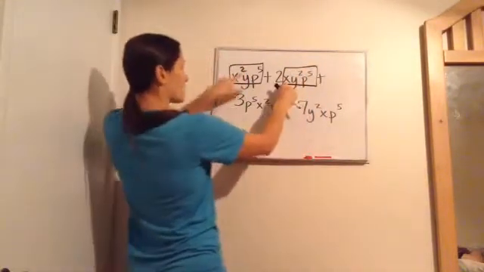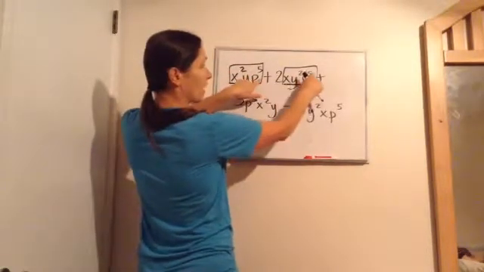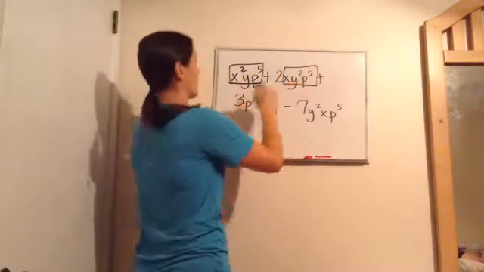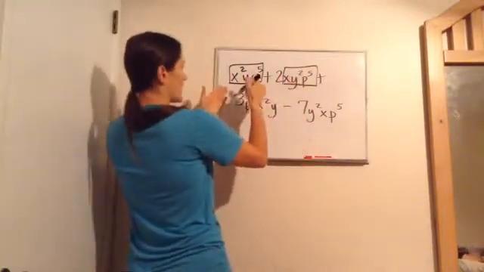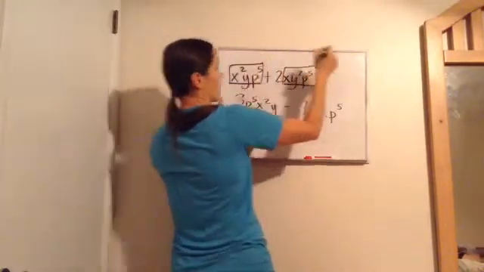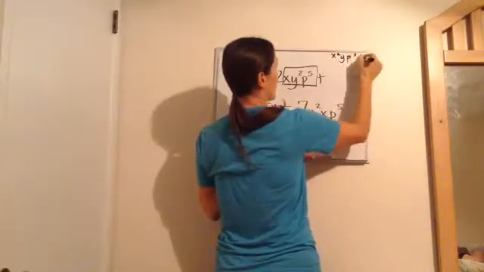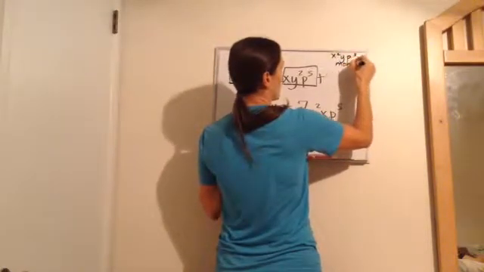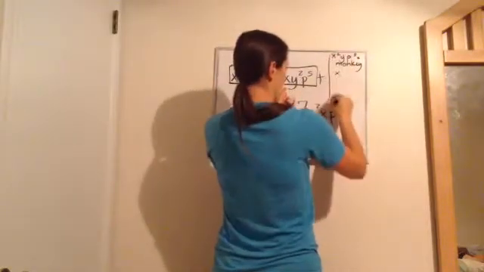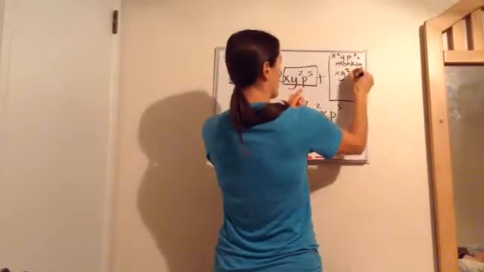Because this one has 2x, y, just 1, and then p5. So they have to be seen as two completely different animals. Okay, now stay with me. So I'm going to put, this one, x squared y p to the 5th, is a monkey. Okay, and then I'm going to put a line right there so we don't get confused. x y squared p to the 5th